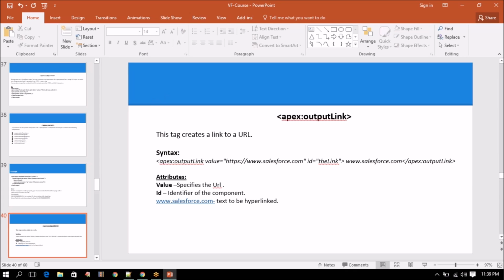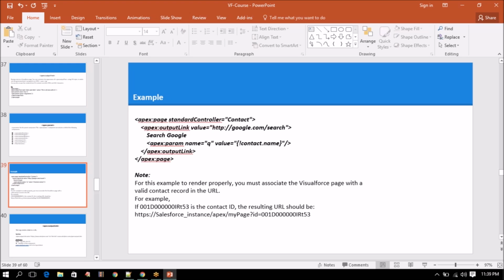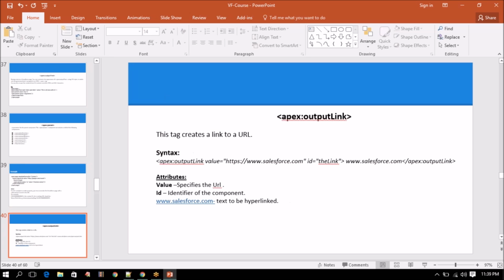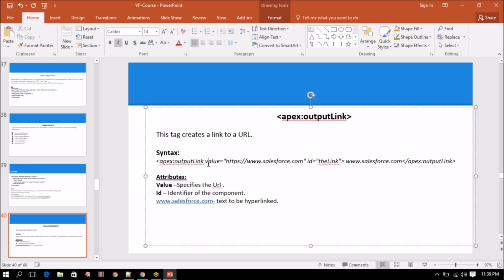I think we have already seen the output link in this example itself. It will give the link to certain text, right? Search Google got the link, hyperlink. Okay, output link, value. Value is nothing but the link,